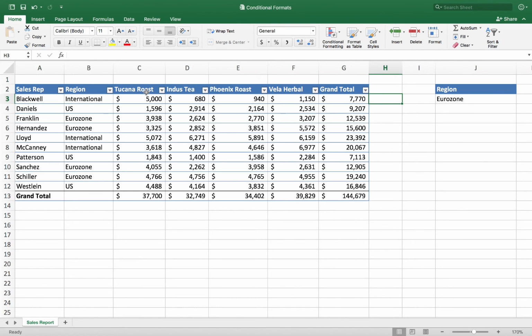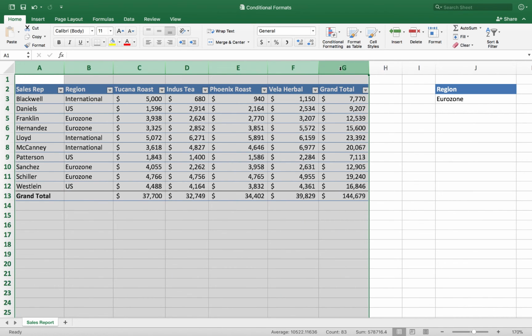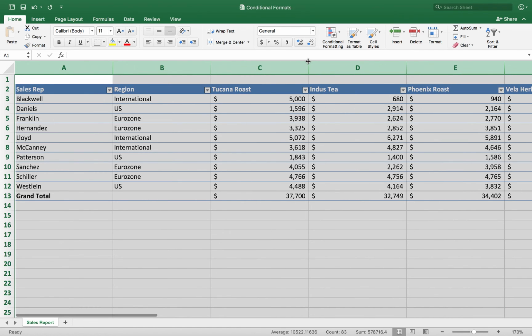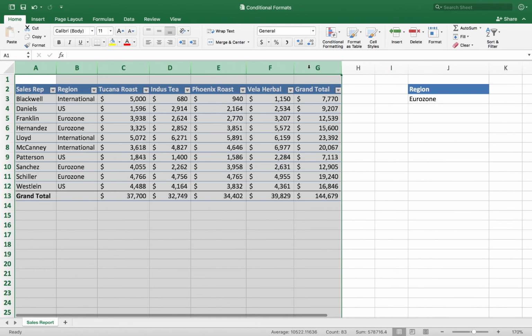Yeah, but how do I do it for multiple? Just select all the columns before you do it. So if I want to do all these columns, I would highlight from column A. I've got a bunch of them here. I could point at column A and drag all the way over, or I could use the shift key and click over here. Now that I've got all those columns selected, I can manually change all of them. I can drag them and make them as wide as I want, or I can point at the divider bar between any two columns, double click, and that will auto fit all of them.